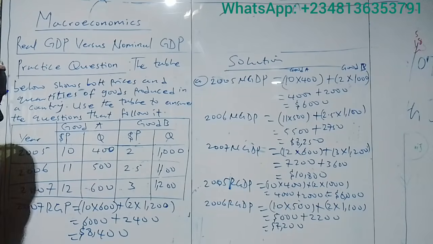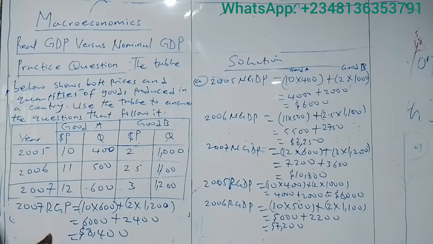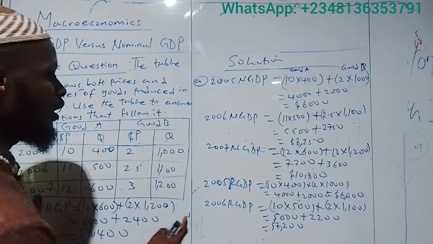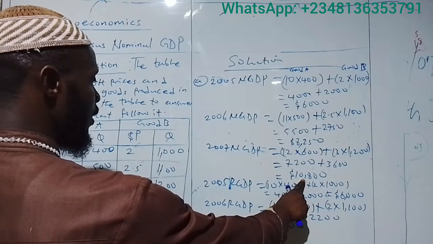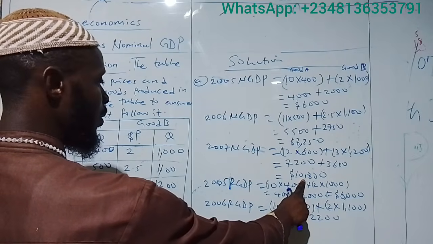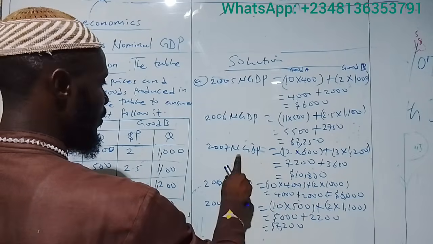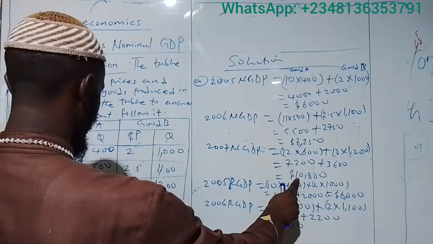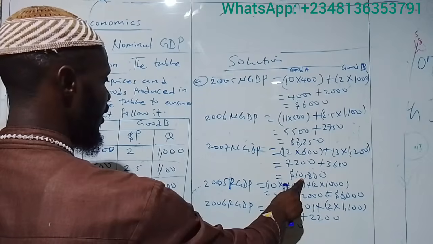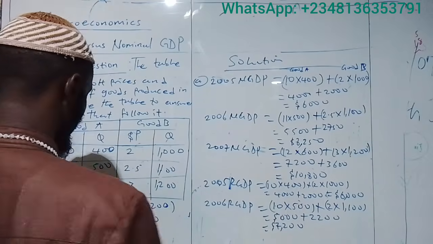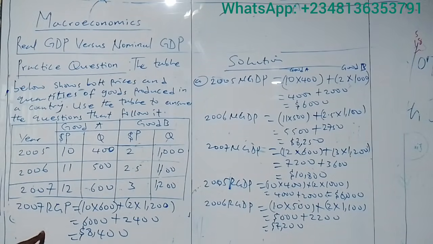Now, add this together, you have $8,400. You can also compare this. Look at this, real GDP 2007 and nominal GDP 2007. You can see nominal GDP has overstated the value of GDP. From nominal GDP you can see that GDP is $10,800. But here in real GDP, after removing the effect of inflation, we can see clearly that GDP is